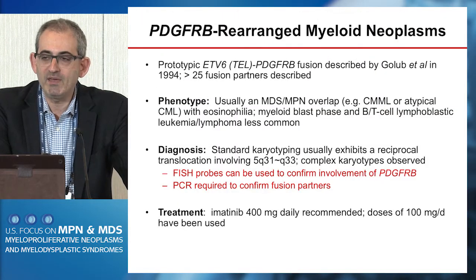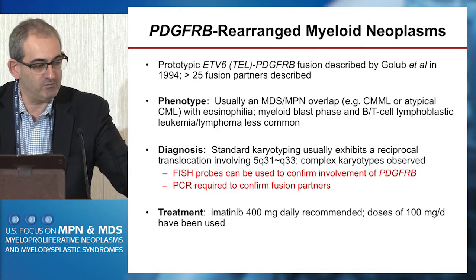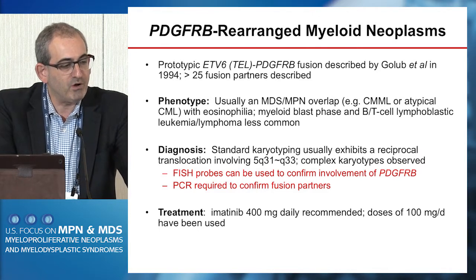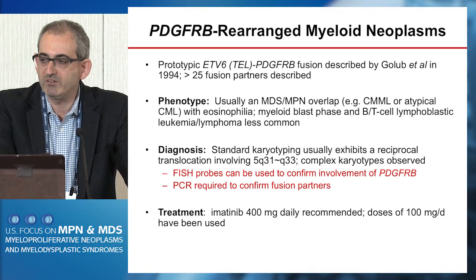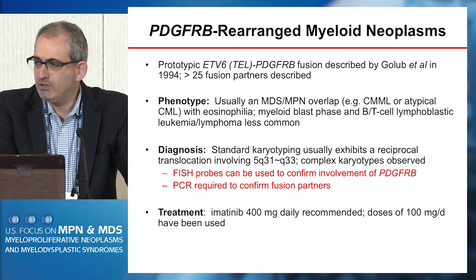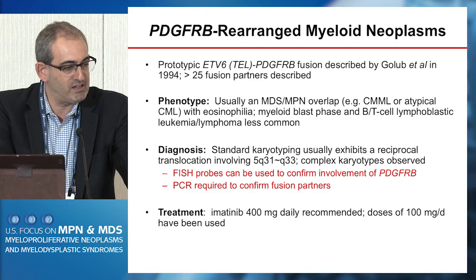So what do we know about PDGFR-beta rearranged neoplasms? Well, first of all, the first case was described by Golub and colleagues in 1994. Again, a lot more fusion partners have since been described. The phenotype or the clinical presentation of these individuals is one of an MDS-MPN overlap, usually CMML or atypical CML,